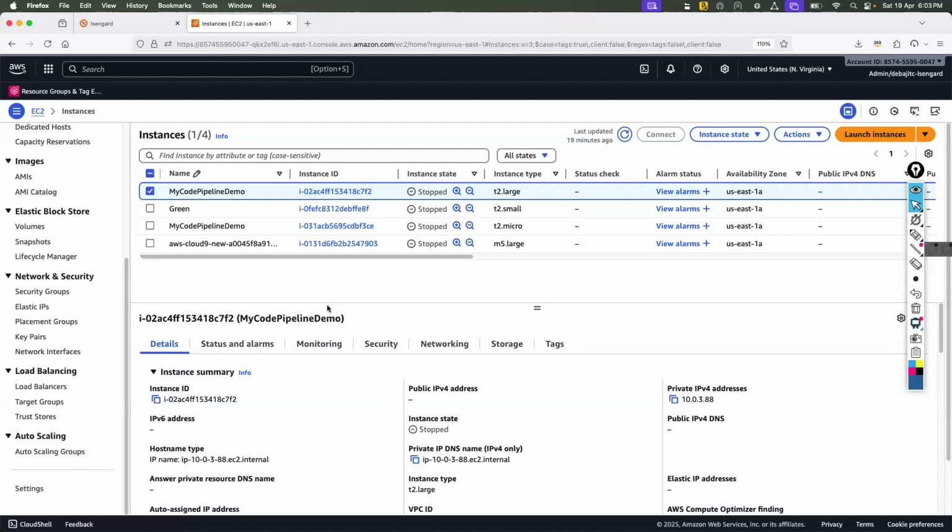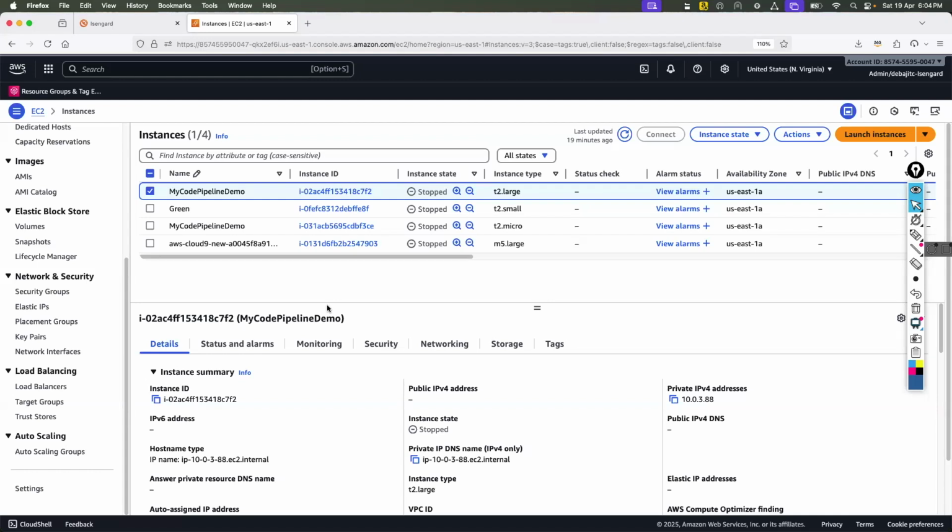Okay. What is the purpose of Elastic IP? When our server gets rebooted or restarted, the IP will change every time. Very good.